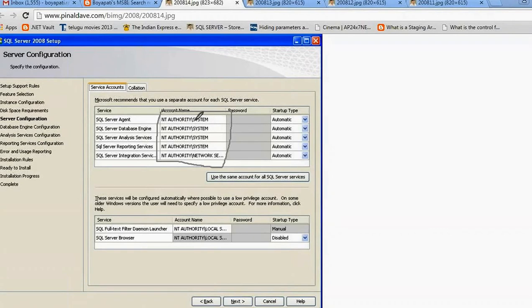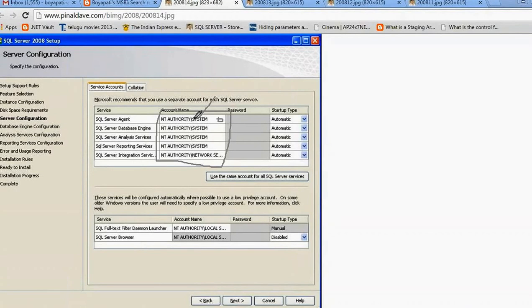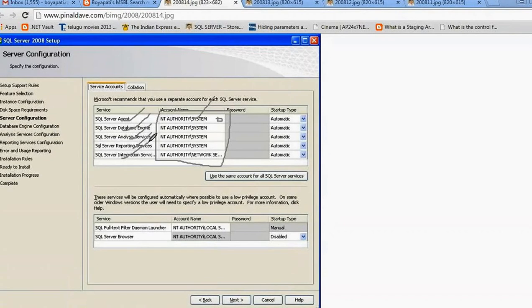You can select NT Authority System for all. Just click here. In the drop down you can see 2 to 3 accounts. This means under which account you are going to run these services: SQL Server Agent, Database Engine, SSAS, SSRS, SSIS. All these things, under which account you are going to run.